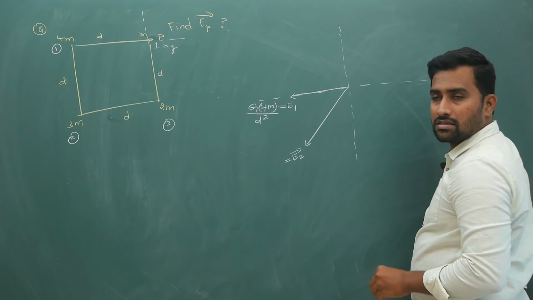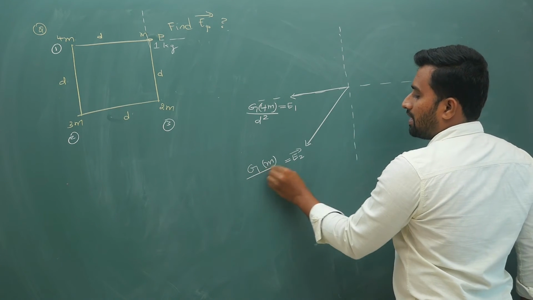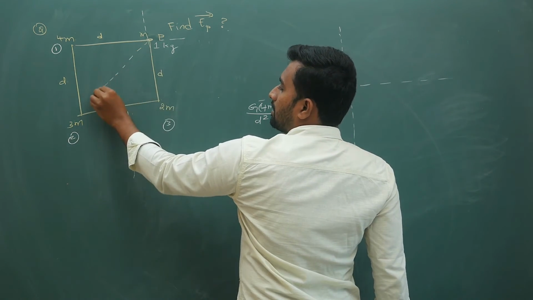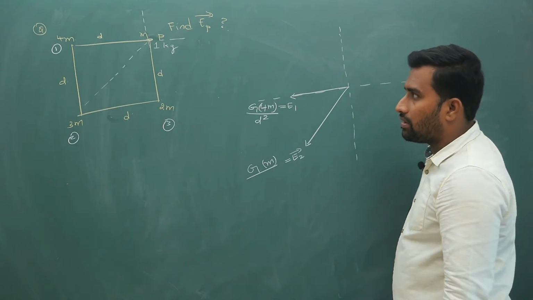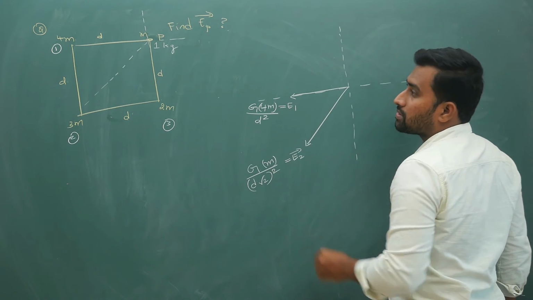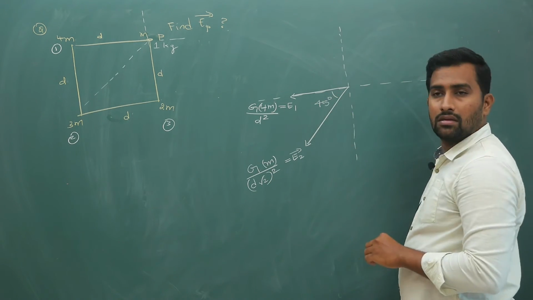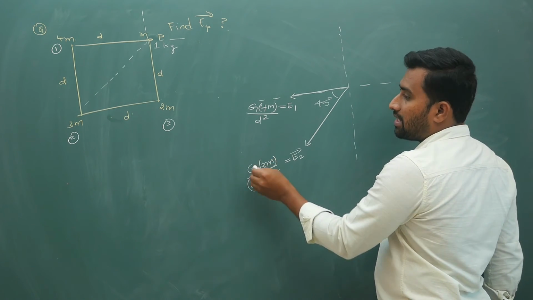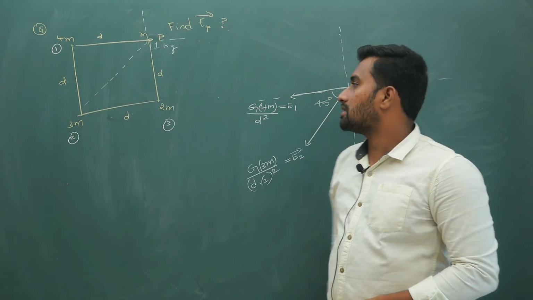E2 bar is G times mass m by your distance. The distance is d root 2, since d and d form a square, so the diagonal is d root 2. So it is Gm by d root 2 whole square. This angle will anyhow be 45 degrees. Okay, so that is your field. And E1 is G times 3m, because the mass here is 3m. So 3m mass will attract 1 kg, right?